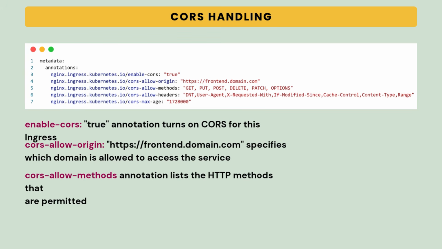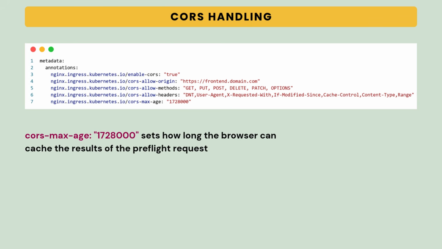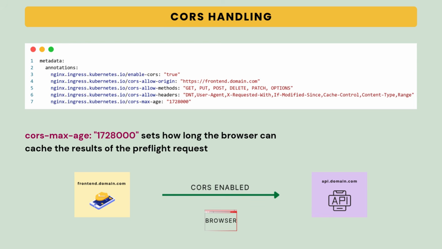The cors-allow-methods annotation lists the HTTP methods that are permitted, and the cors-allow-headers annotation defines which headers the client can send. Finally, we have cors-max-age, which is set to 1728000. This sets how long the browser can cache the results of the pre-flight request. Together, these settings allow a front end hosted on frontenddomain.com to safely communicate with the backend service while controlling access and